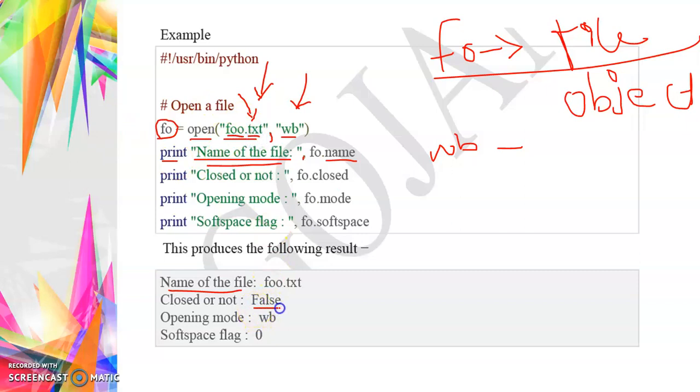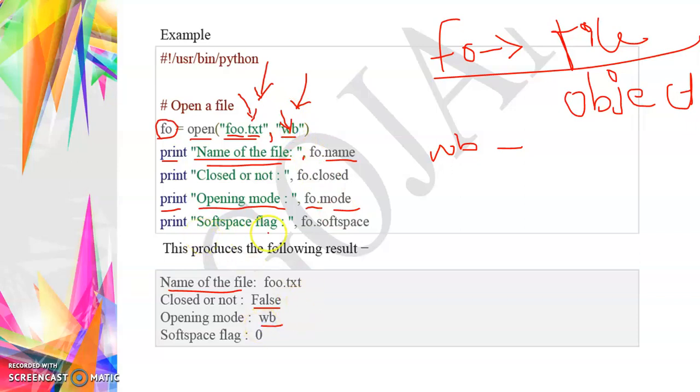That's why you're getting the false statement. Next, opening mode. The string statement of opening mode in the print function, and after that, file object dot mode. In which mode has the foo.txt file been opened? wb format, writing only binary format.